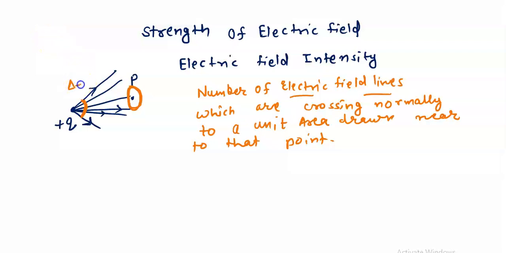So we will get a small solid angle, we call it del omega. And suppose that we take different radii, different distances, r1, r2, r3, r4, and then